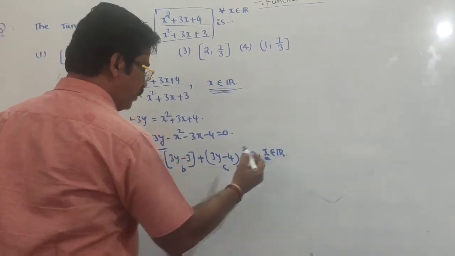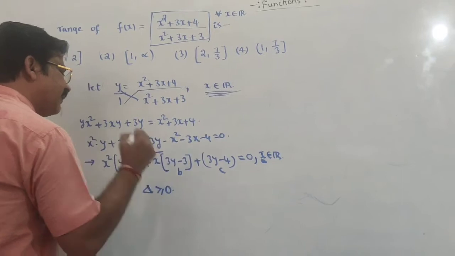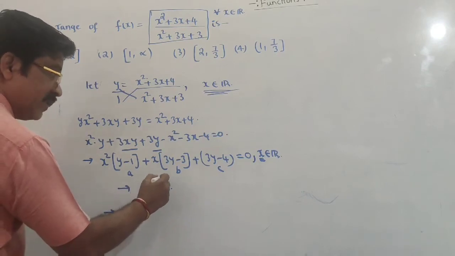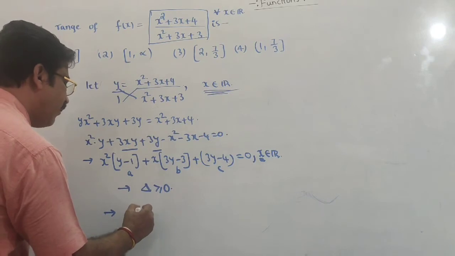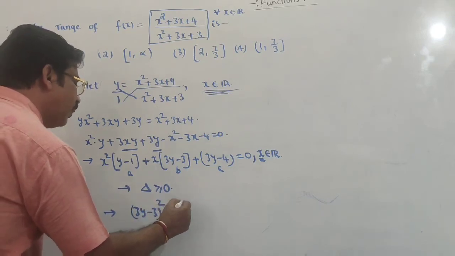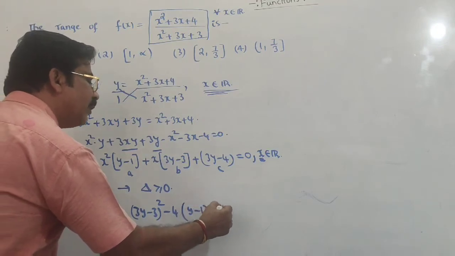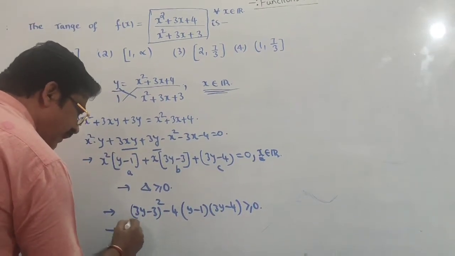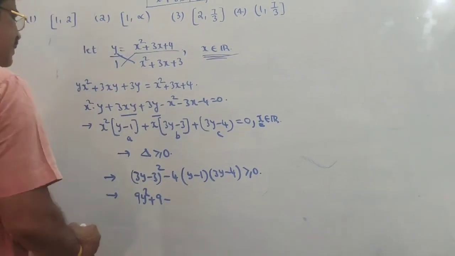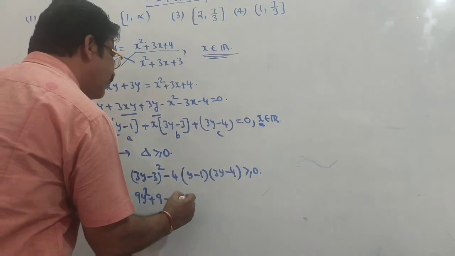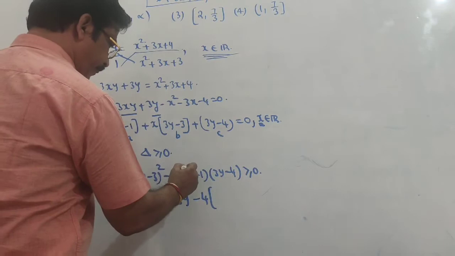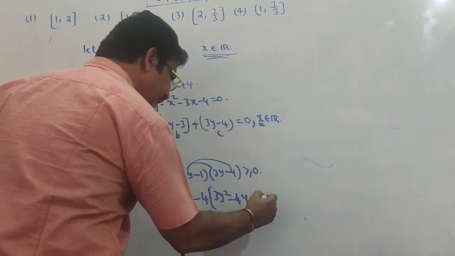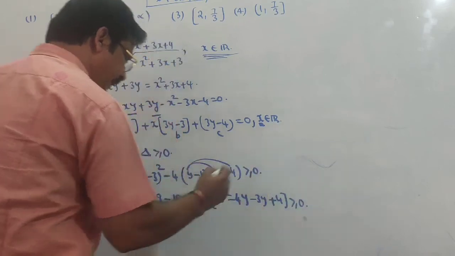Here roots are real, so definitely delta is greater than or equal to 0. Delta means what? B square minus 4ac. B square is 3y minus 3 whole square, minus 4ac, 3y minus 4, is greater than or equal to 0. So by the a minus b whole square formula, 9y square plus 9 minus 18y, minus 4 into 3y square